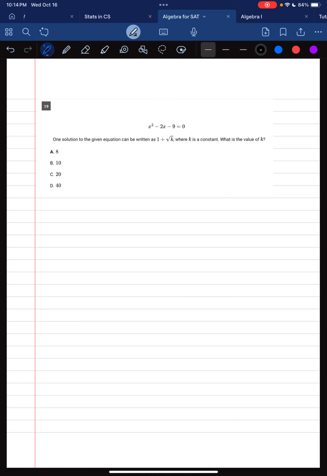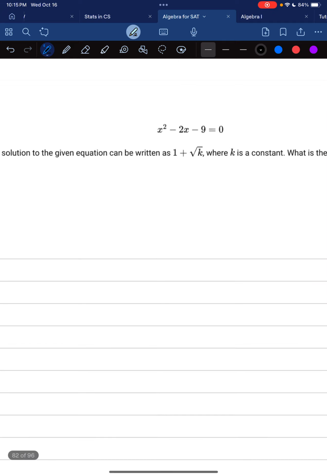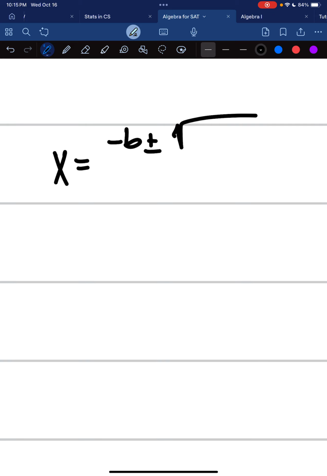This question says one solution to the given equation can be written as 1 plus square root of k, where k is a constant. What is the value of k? So this question is going to deal with the quadratic equation. So you should review that if you missed this question. We know that the quadratic equation is x equals negative b plus or minus the square root of b squared minus 4ac